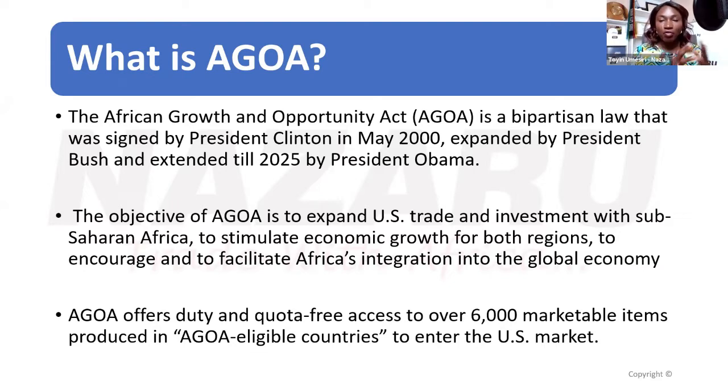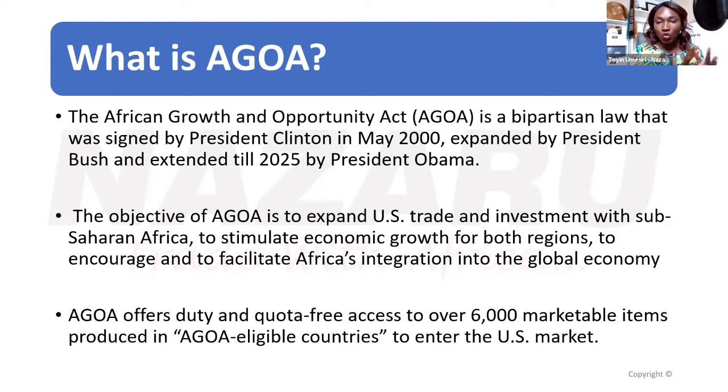So this is a trade agreement and a trade policy that allows you to import free of duty, meaning zero tariff, and without quota, meaning as much of those commodities as you want from sub-Saharan African countries in good standing, because this is being monitored by the US government every year. So it was first established and signed into law in 2000. It's a bipartisan law, and it has gone through a lot of expansion. Under President Bush, it was expanded. Under President Obama, it was extended to expire now in 2025.